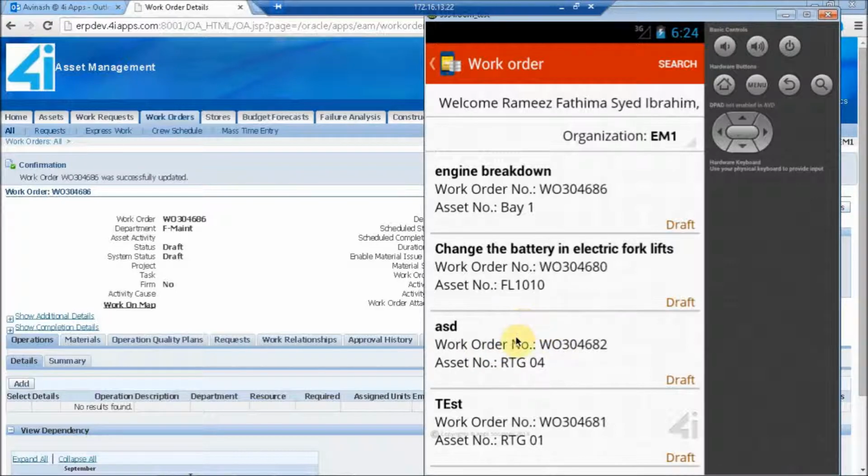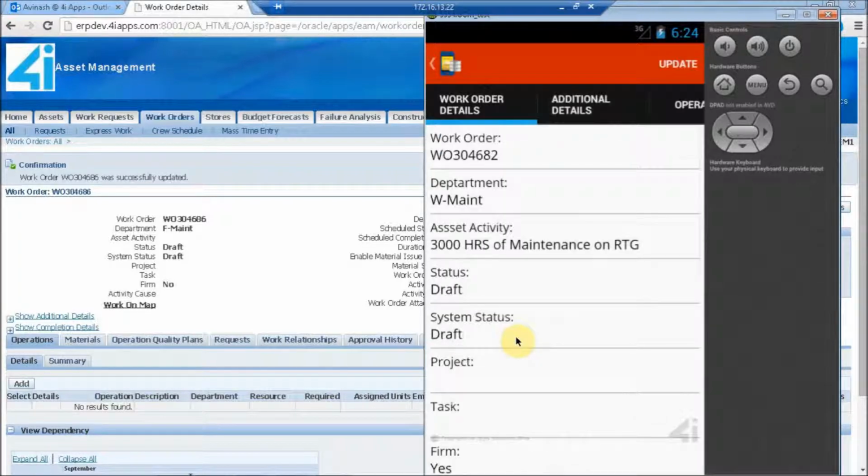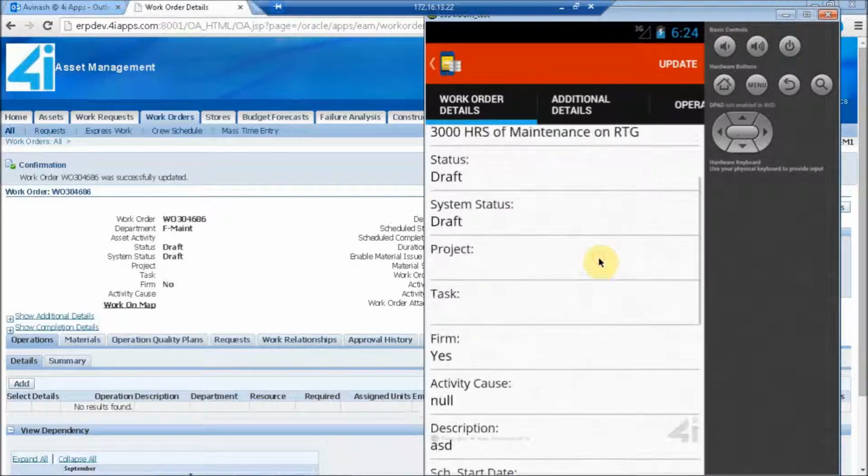Let me update another work order. So here I can update all the parameters which are updatable in the Oracle EBS. Now all these fields are exactly the same as seen in the EBS work order screen.